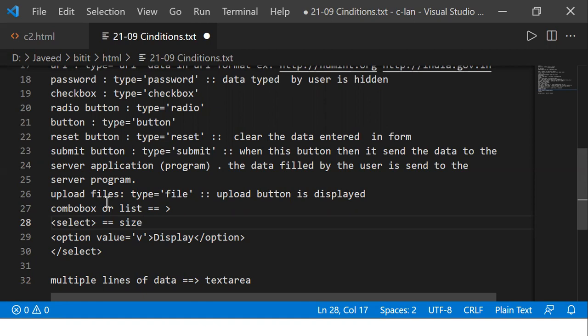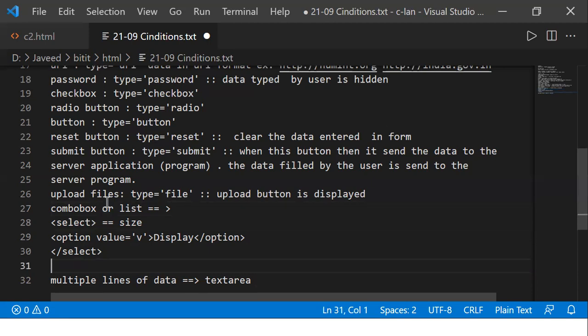The options will not be shown to the user. Only one option is going to be shown to the user in case of a combo box, while in case of a list box, multiple options will be shown. That's the basic difference between a combo box and list box. Remember, a combo box will allow you to select only one from a given list of options, whereas a list box will allow me to select multiple options from a given set of options. We'll take examples and discuss more on that one by one.